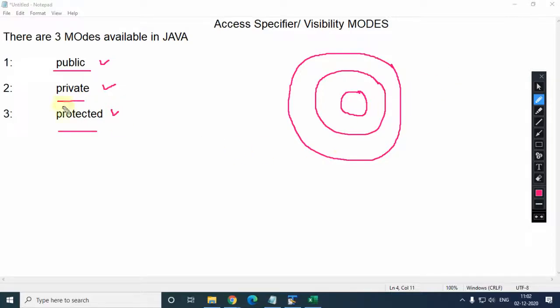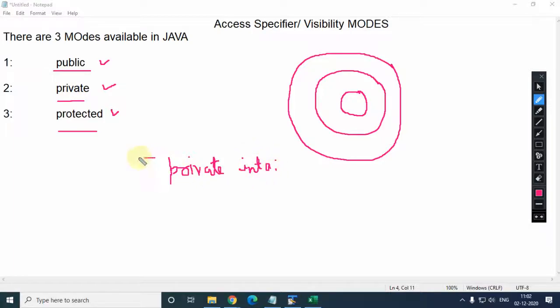Suppose you are declaring a particular data member using the keyword private. Basically public, private and protected are the keywords which provide the accessibility to the data member or the member method. Suppose you write private int a.